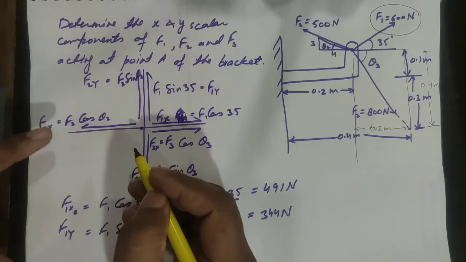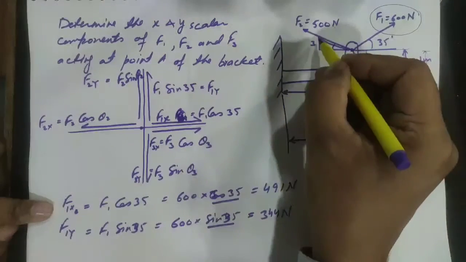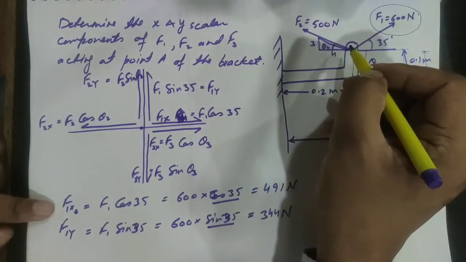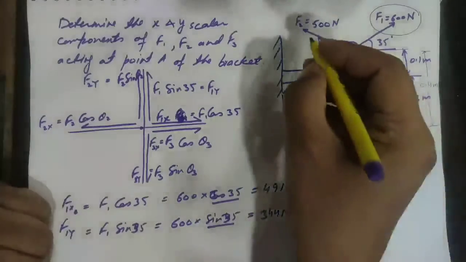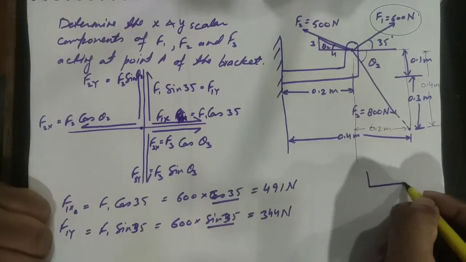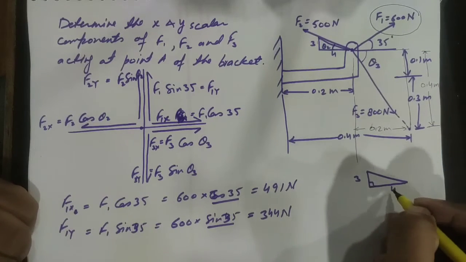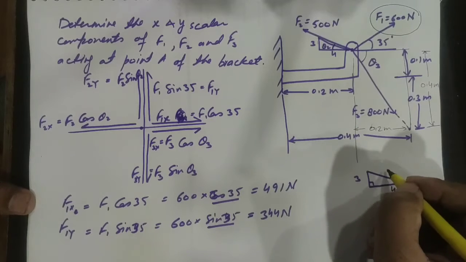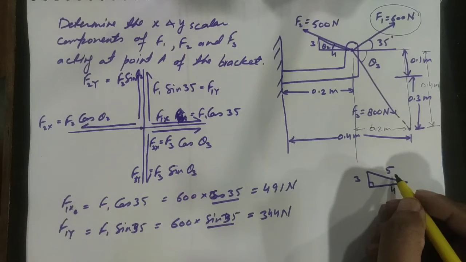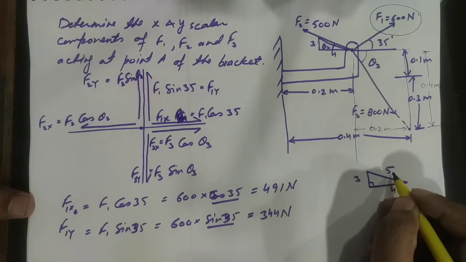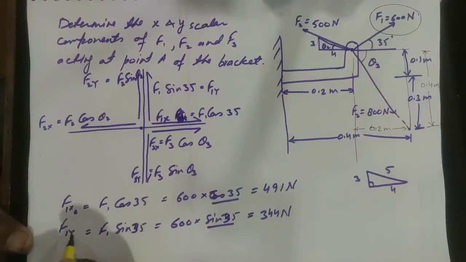For this, actually the perpendicular and base are given. If we need to put the value of the cos angle and sine angle, then we need the hypotenuse of this triangle. So this is the triangle like this, 4 and 3. This is a right angle, and then we can calculate the diagonal of this, that will be 5. We add the square of this plus the square of this and take the square root, then that will be 5.